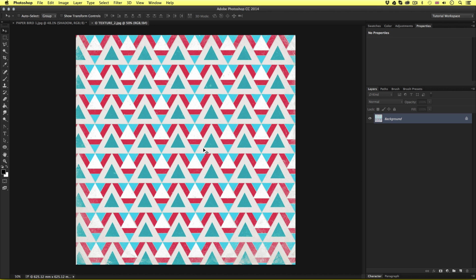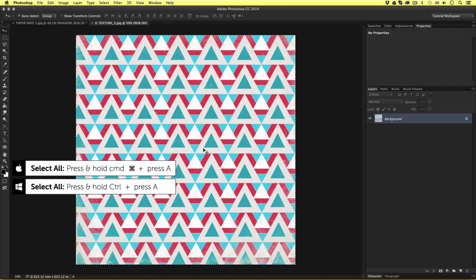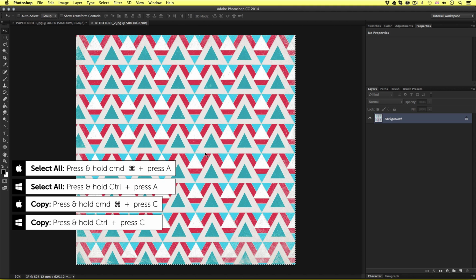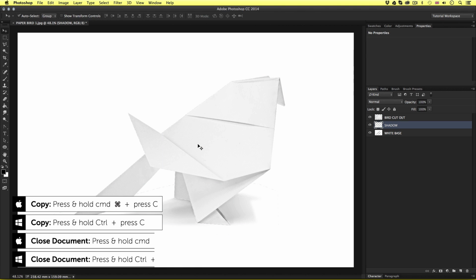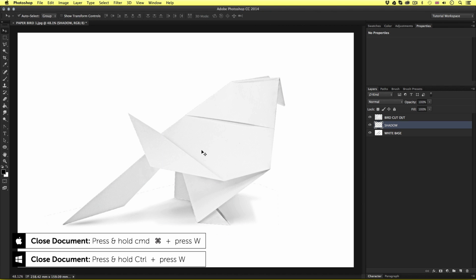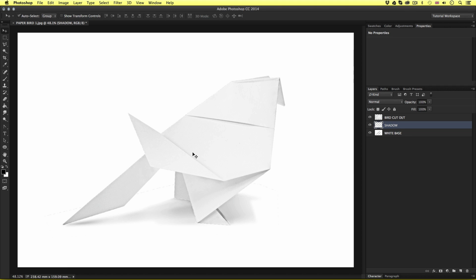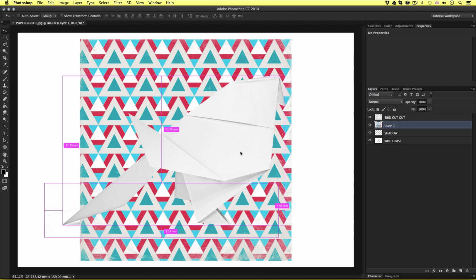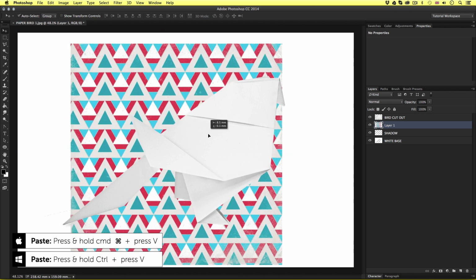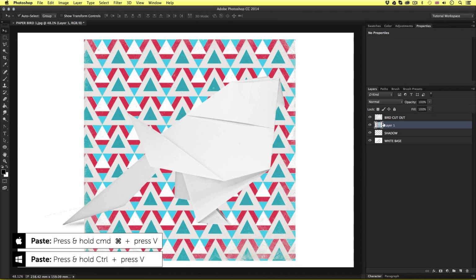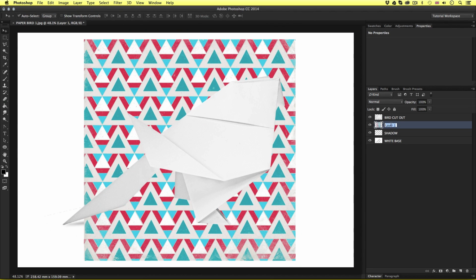So I'll press Command A to select all, I'll press Command C to copy. I'll then press Command W to close the document, as we no longer need it open. And now we are back with the paperbird image. So I'll press Command V to paste, and now I have the texture in the document on a new layer. So I'll make sure to rename this layer to texture and drag it up so it's on top of my